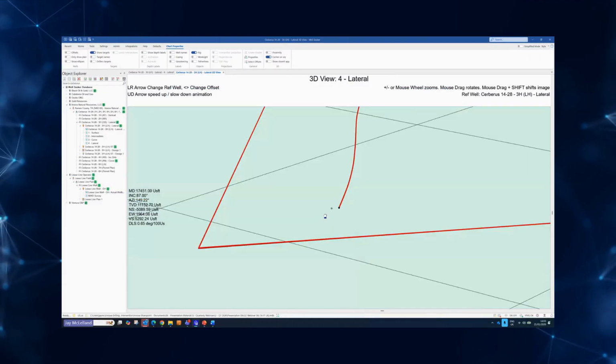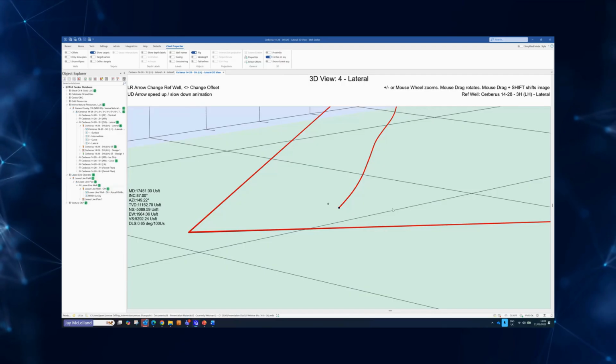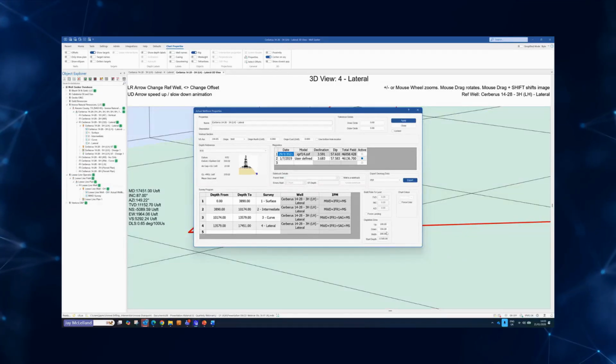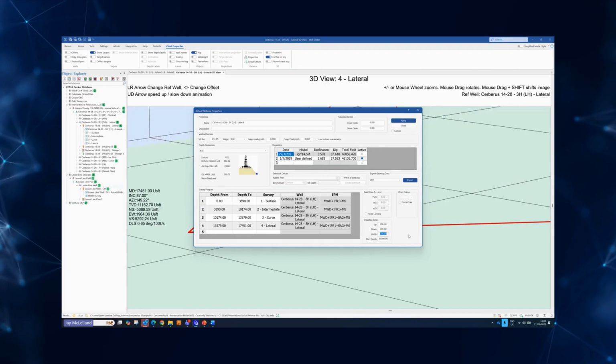While we're in here, the next thing I want to introduce would be depleted zones. So we've added the ability to put depleted zones on actual wells. You can't do this on plans, but on an actual well, if you right click and select properties at your actual wellbore level, the depleted zones section is down the bottom right. And here we can set our up, down, and our width. So this is to the left and the right. So this would be 400 wide. And the start depth, and this is the depth that we will start to visualize this depleted zone on the